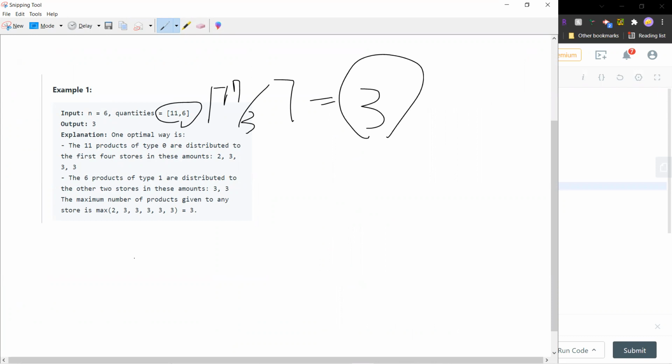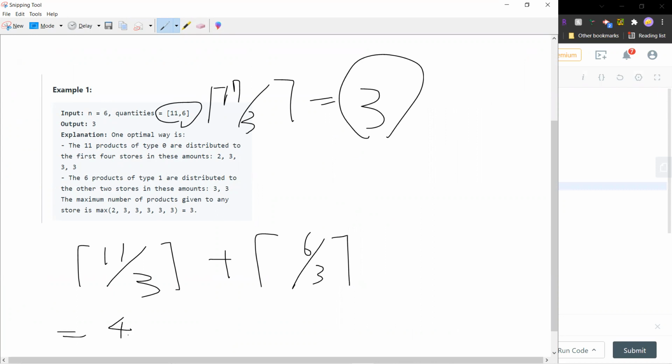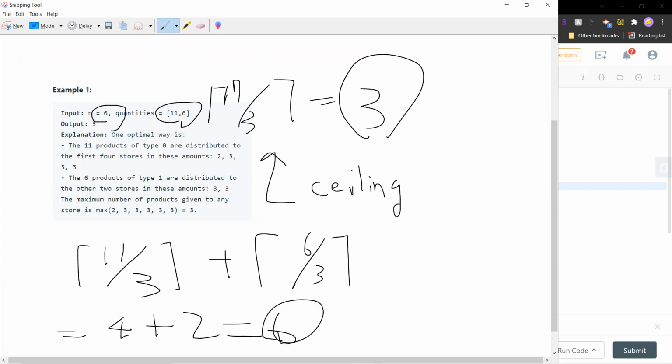This is very simple: you check 11 divided by 3, take the ceiling, plus 6 divided by 3, take the ceiling. So it gives you 4 plus 2, which is 6. By the way, this is a ceiling. If 6 is less than or equal to n, then 3 should be